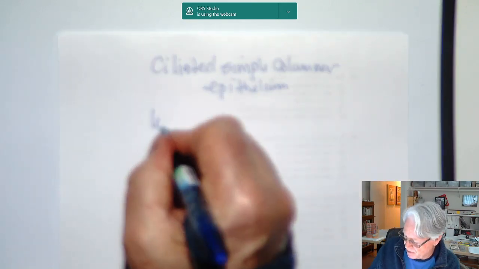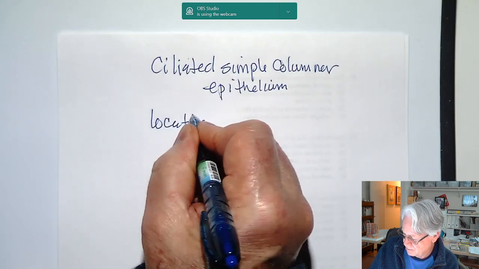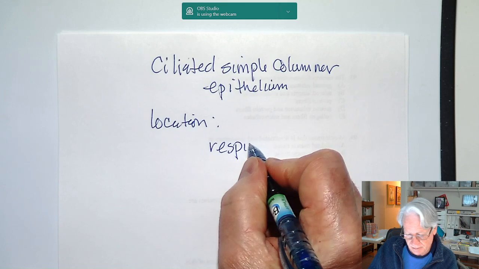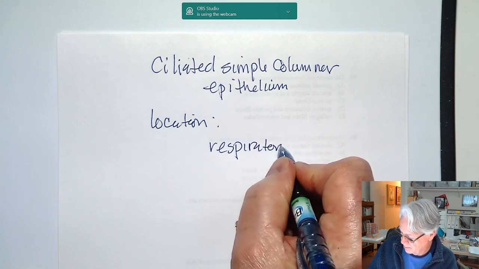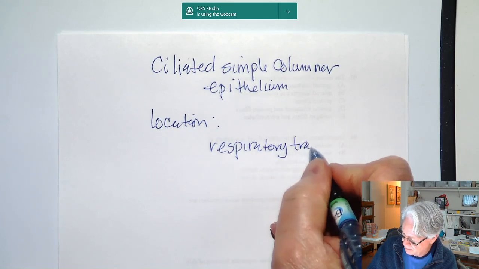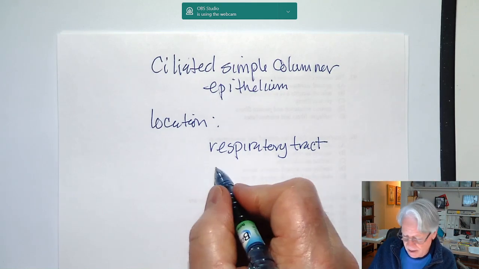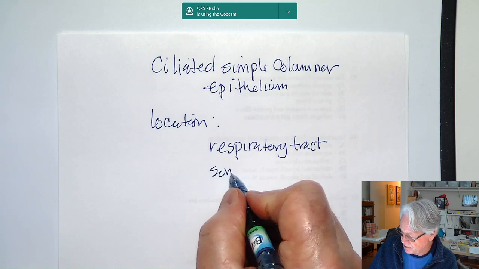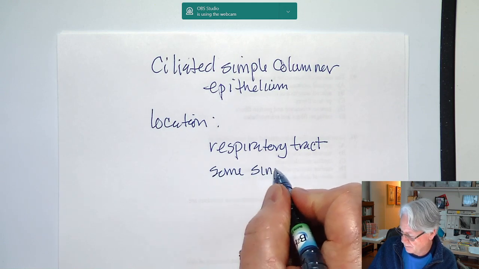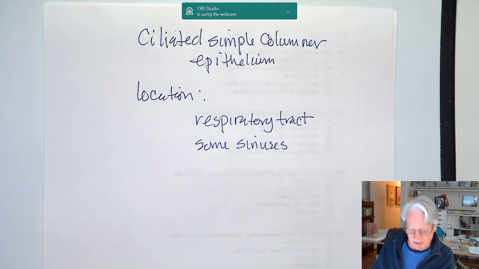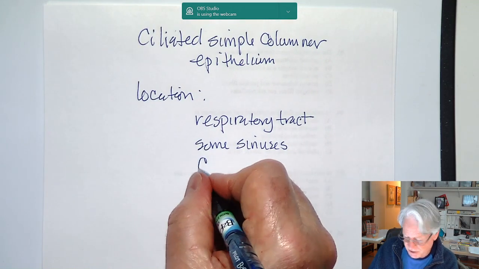And again, we're going to talk about location. So the respiratory tract, okay. Some sinuses. These are spaces within the skull that are lined with mucous membrane. The central canal